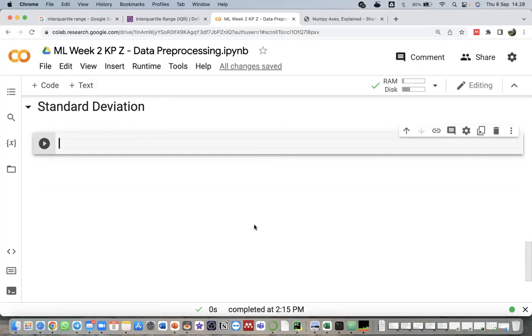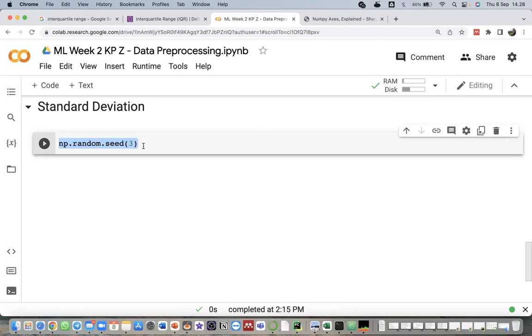Then, to use the standard deviation for detecting outliers, we randomize some values here using random.seed. We use this function because we don't want the random values to change every run, so our random values will be static.